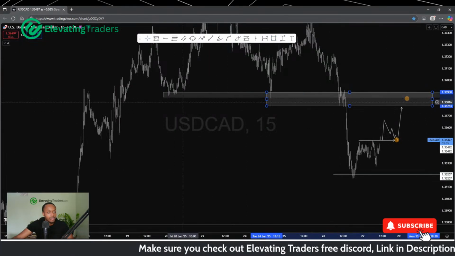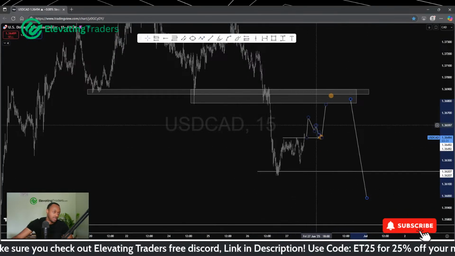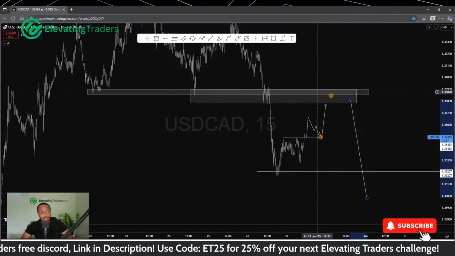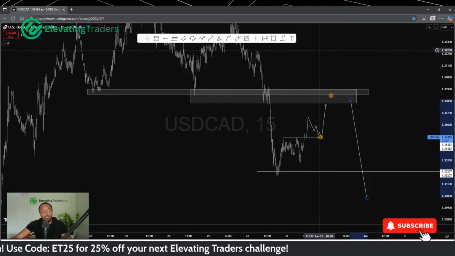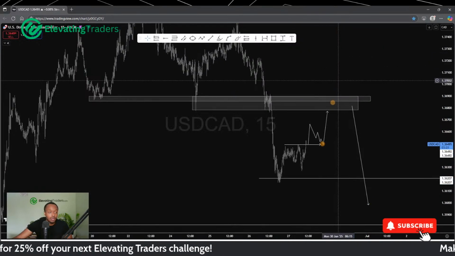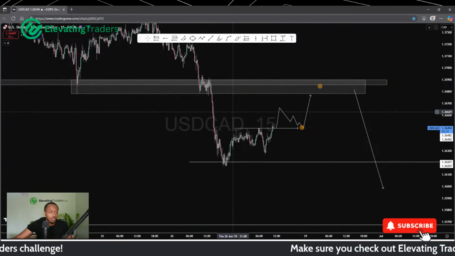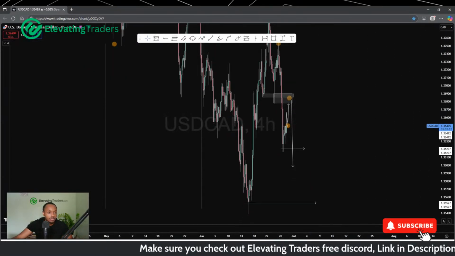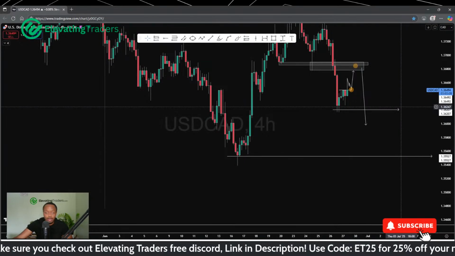You got very strong support there. I'm looking to see price can retest that and then sell. If you can get a trade and swing dollar CAD back into that zone, I think that's a great place to at least book some profits. You can leave profits to run if you expect the market to go further, but I would at least look to manage the trade a little bit as we approach that zone there, because we could definitely see some downside from that level. But yeah, 50-minute chart, I would agree, we're finding support.